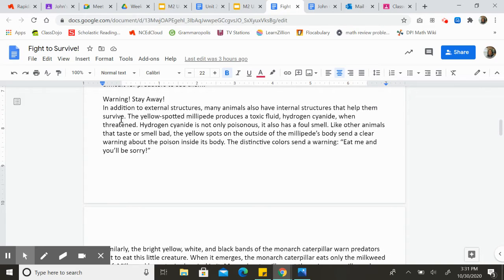Okay, so here I see this is all about millipede. The yellow-spotted millipede produces a toxic fluid when threatened. It's poisonous and it stinks. It says, like other animals that taste or smell bad, the yellow spots on the outside of the millipede's body send a clear warning about the poison inside its body. Okay, so I know that it produces a toxic fluid, and it has a foul smell, and it has crazy